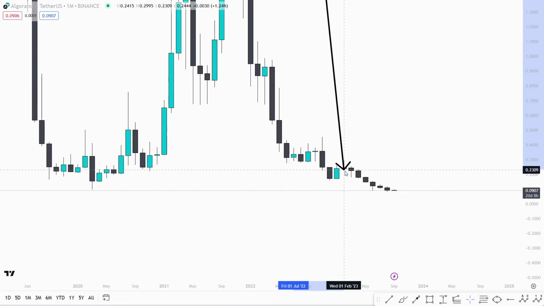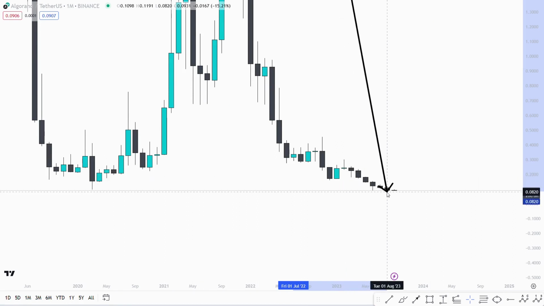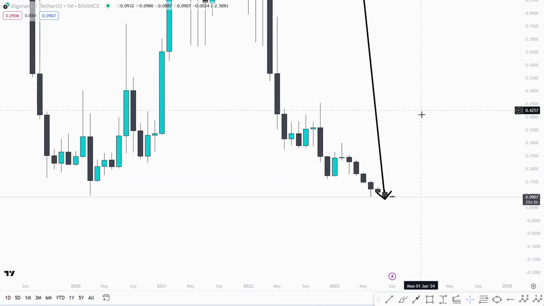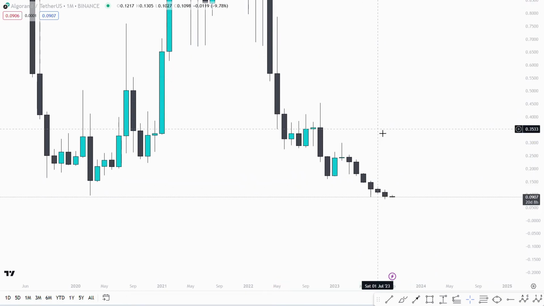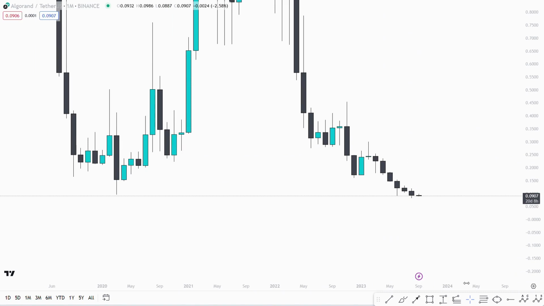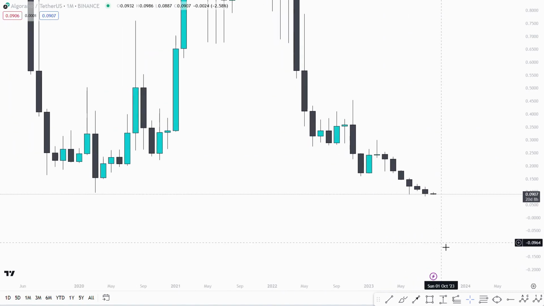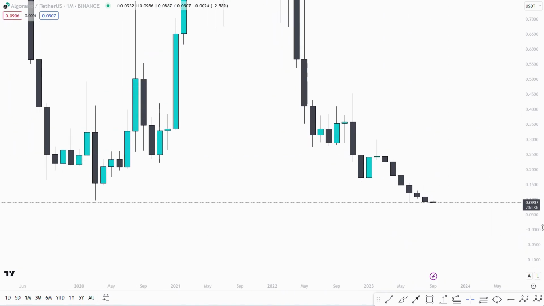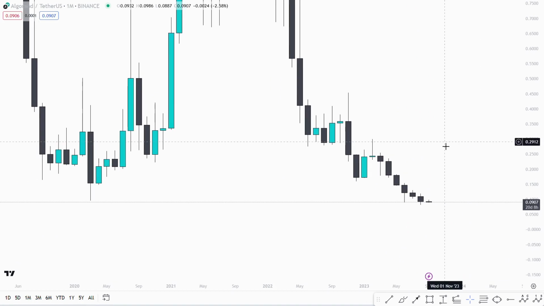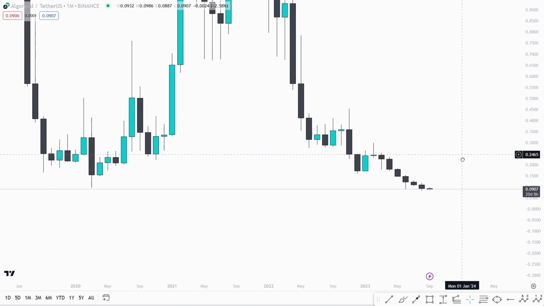You can see there people again got really bullish in that month as we was to retrace back to the upside, but it just ended up being a little bit of a wick to the upside, and you can see since then we've actually come all the way down to about 8 cents. And what I want to do is just discuss some lower time frame analysis on ALGORAND and what I'm seeing, because as we are now edging towards those targets of 5 cents, I want to really discuss in depth some lower time frame analysis and what we can be expecting and how we can benefit from the move if we do get that 5 cents region to be hit for ALGORAND,